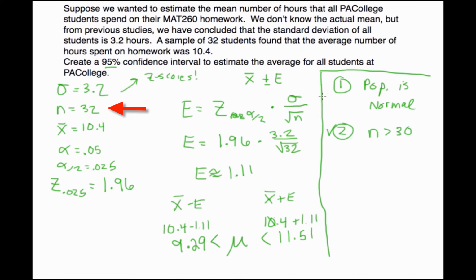We had 32 students. The sample mean, once we took our actual sample, was 10.4, and given this information, we were hoping to create a 95% confidence interval. So to put this information into StatCrunch,